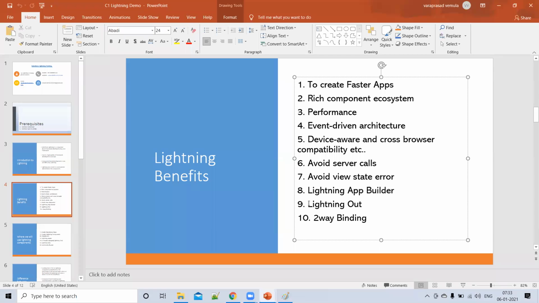And Lightning Out. What is Lightning Out? Any idea? Maybe integration, I think. Almost like that only. If you are creating one Lightning component, once you create a Lightning component, you may want to expose that component to other applications in Salesforce, to other applications. Otherwise, you want to use your Lightning component in the VA page also, we will use Lightning